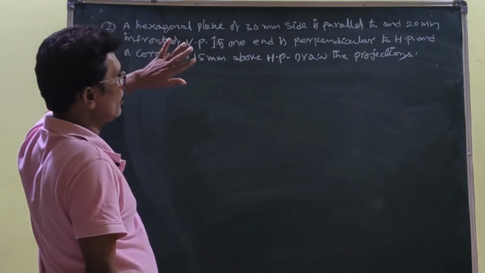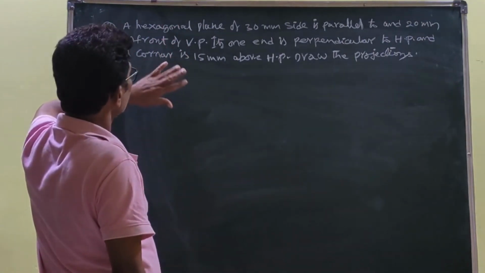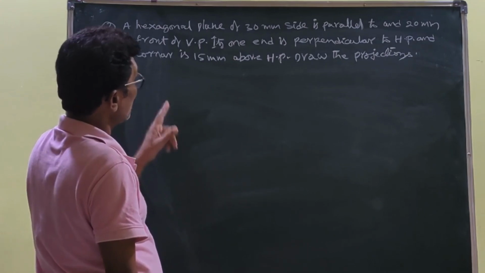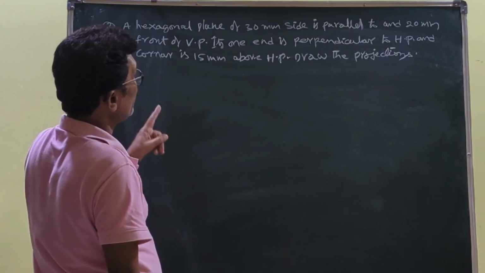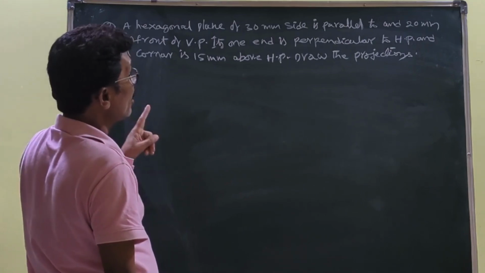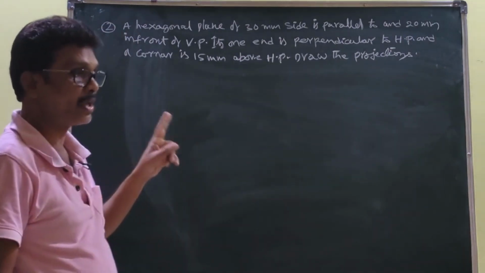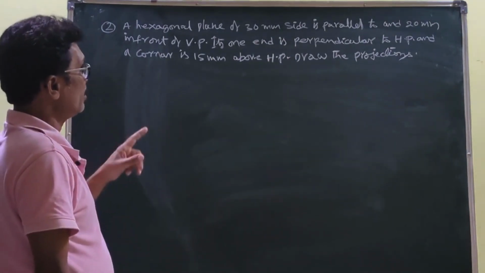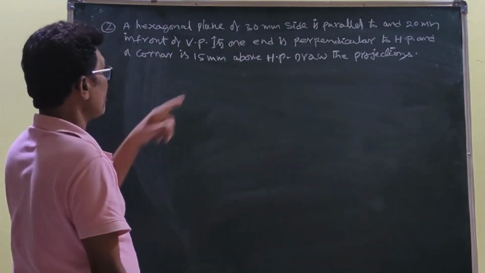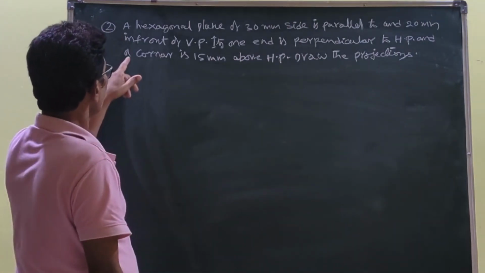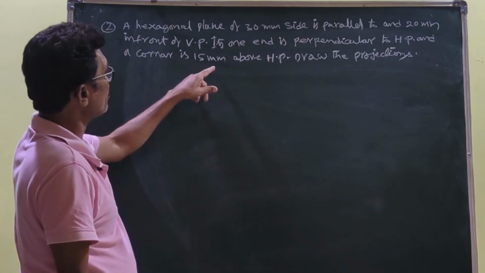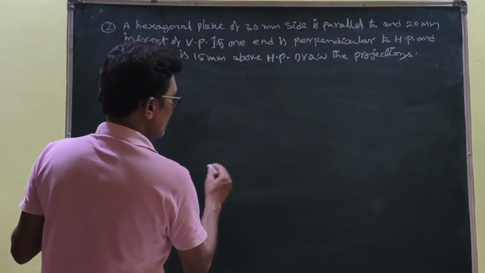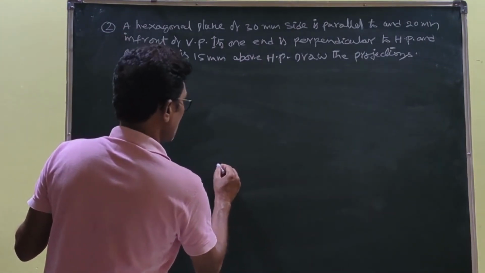It is parallel to VP and 20 mm in front of the VP, and one end, please try to understand, one end means one side of the hexagonal plane, is perpendicular to HP, and a corner is 15 mm above HP. Please try to understand above HP. First you draw, as usual,